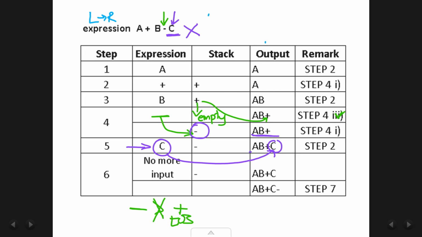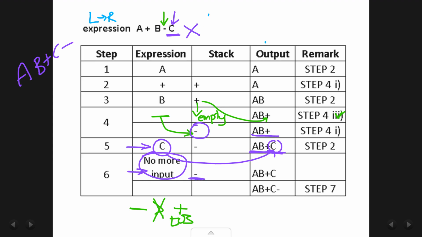But have we got the answer? No. You were expecting the answer as A B plus C minus. So right now the answer is incomplete. Since there is no more input, we do not go back to step 1. But from step 6, we go to step 7. Step 7 says, if there is no more input, pop the remaining operators from the stack.